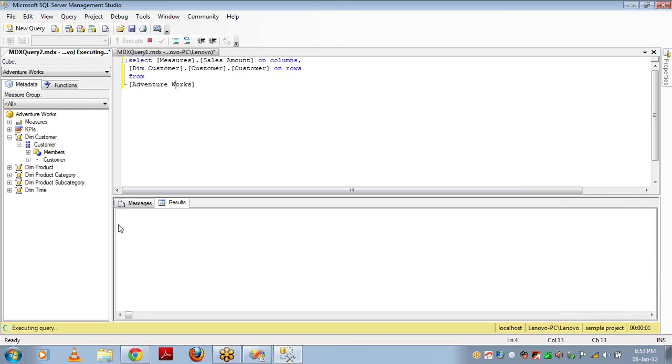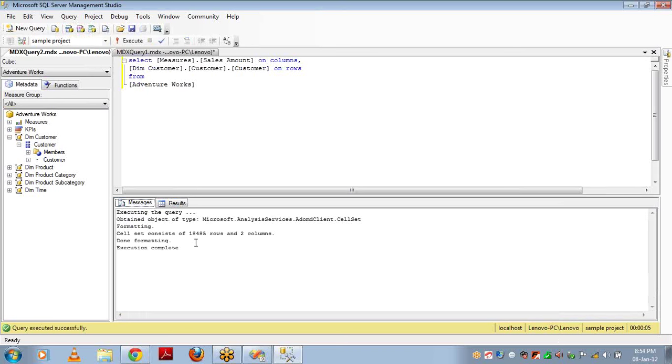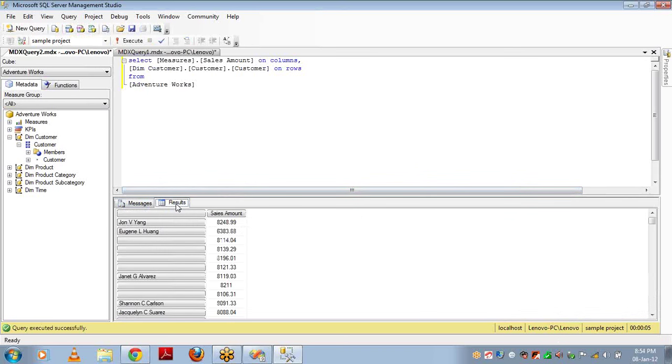If you see, the output set has something around 18,485 records. That's a pretty big output.